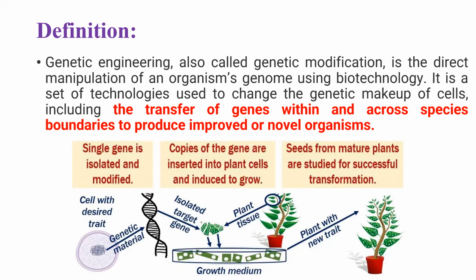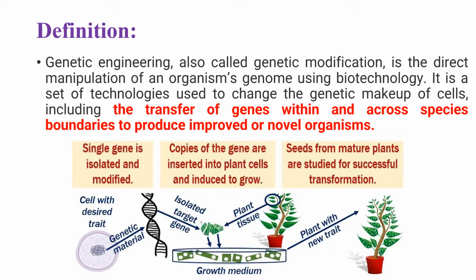So what we do in genetic engineering, we modify an organism's genome. The organism could be a single cell organism or multicellular organisms like plants or animals or microorganisms. So we pull out a specific gene from one organism and we insert that gene into another organism where it could be beneficial to that organism, or we can use that host organism to produce a particular protein product or final product, which could be useful for mankind.